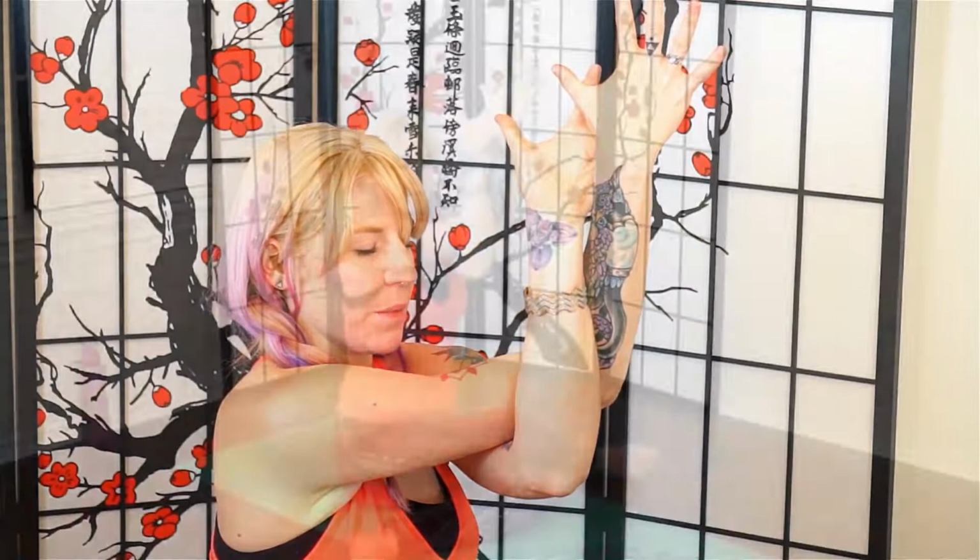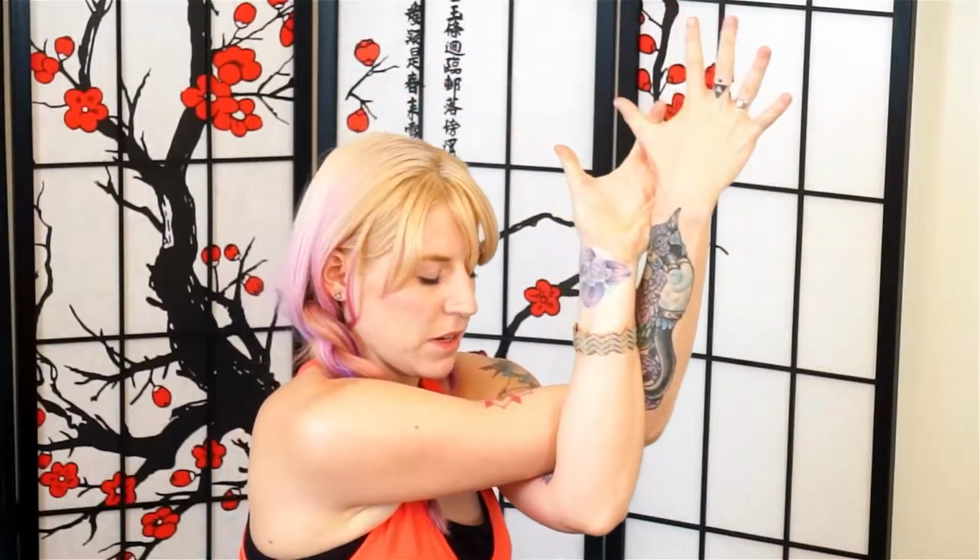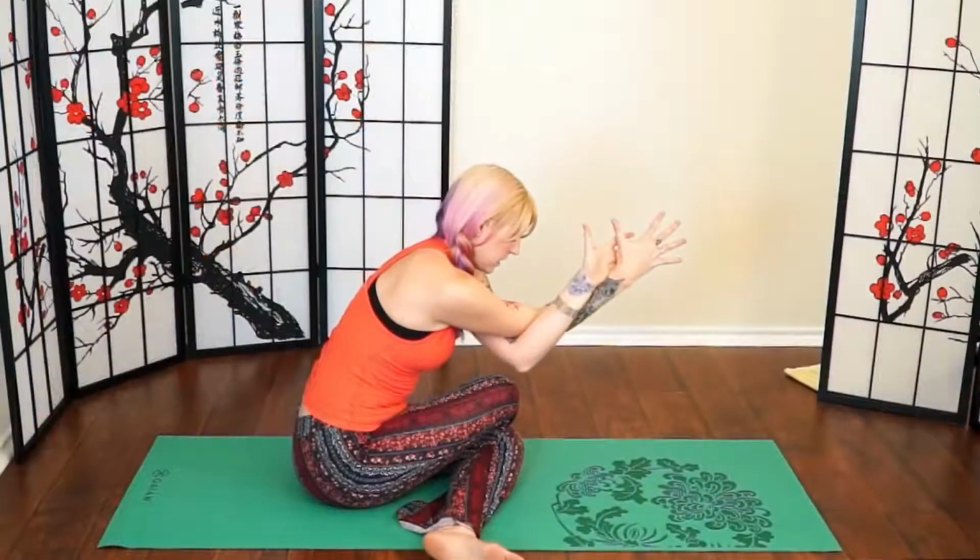So you want to think of peeling your shoulders apart, peeling your hand away from your face, while at the same time rooting yourself down to the mat and extending and ascending straight up. So we're finding this sense of calm within a storm. Now you can stay here and continue this still meditation space, or you can begin to bow forward,